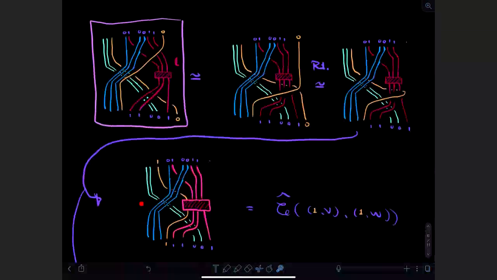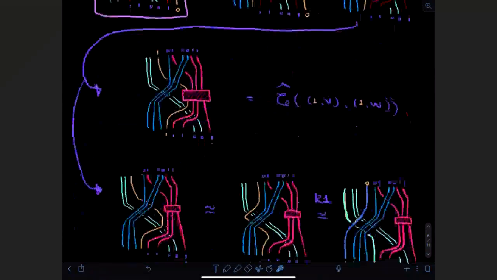Okay, the first term is this complex, which you see is just exactly one of these CVWs. The second term, this yellow strand, which previously had linked with this symmetrizer, is now unlinked, and we can rewrite this as follows. After an isotopy and a bunch of Reidemeister 3s, we get this complex,